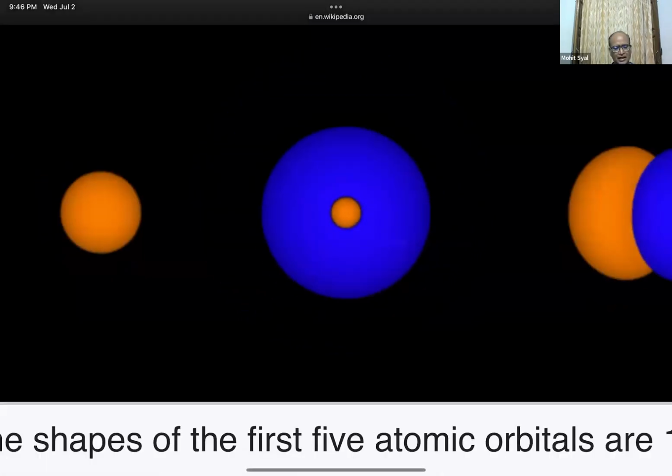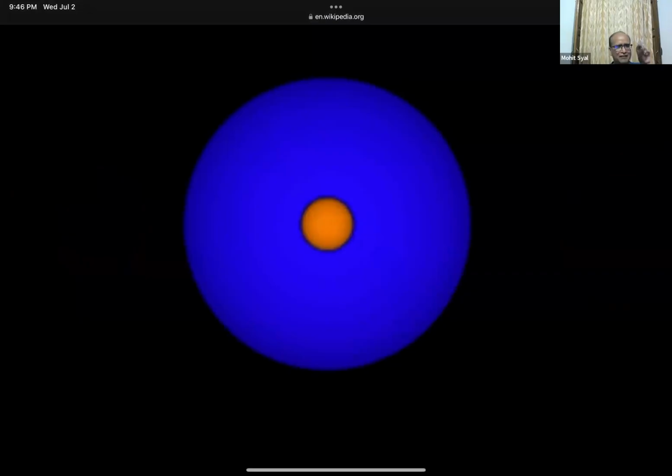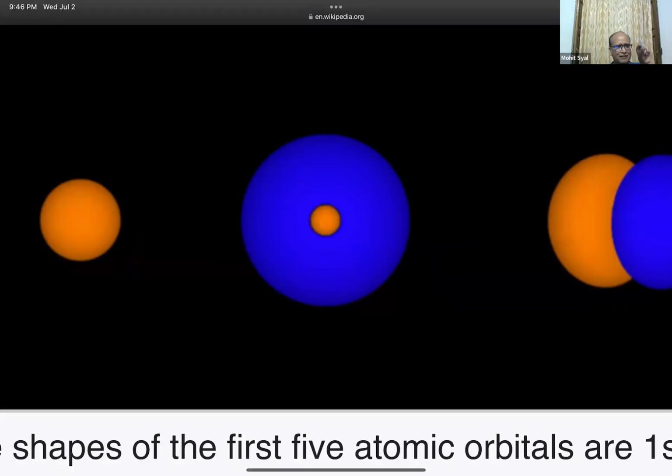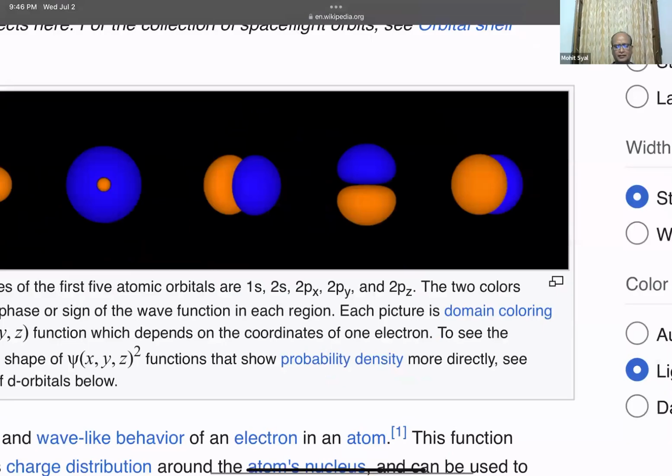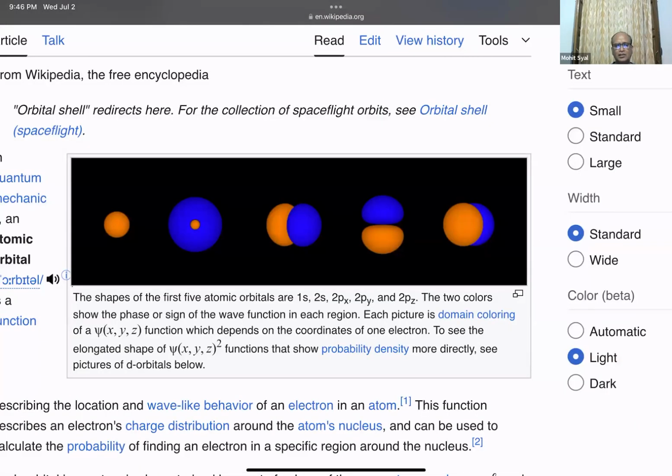Actually, it is a three-dimensional wave emitting from the nucleus. It has a positive value and a negative value. Between those values, if you see a small gap, a ring which is empty, there the wave is zero. That is called a node. These waves are not like normal waves; they are spherical because atoms are spherical.